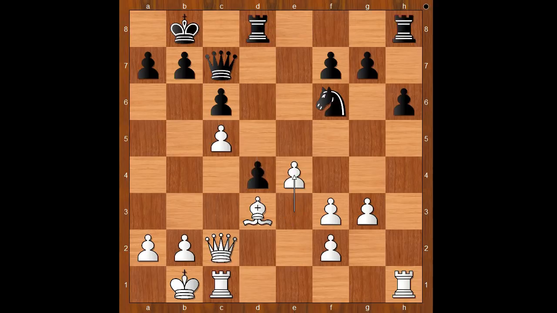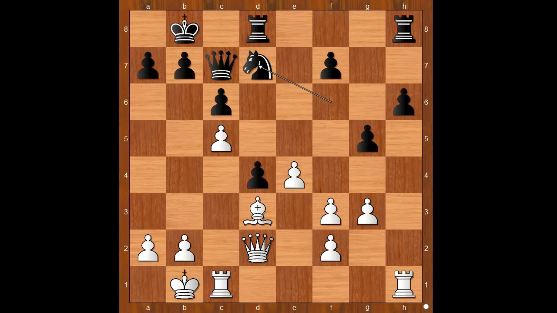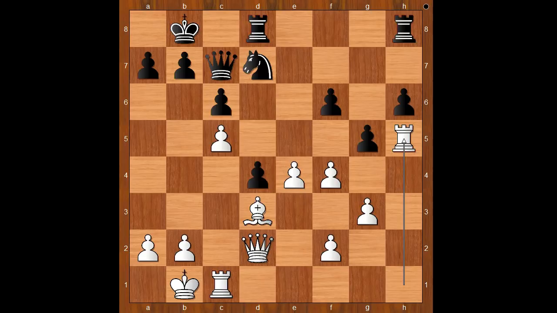e4, black to move. Wenjun played g5. How do you like this move? Preventing f4. It is preventing f4, but weakening the h6 pawn big time. The game continued. Queen to d2, knight to d7, f4, f6, rook to h5, intending to bring more heavy guns